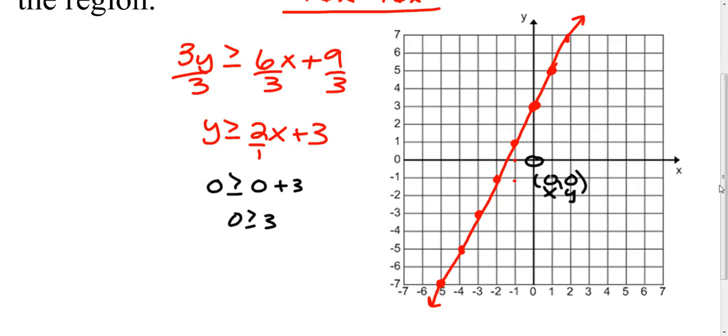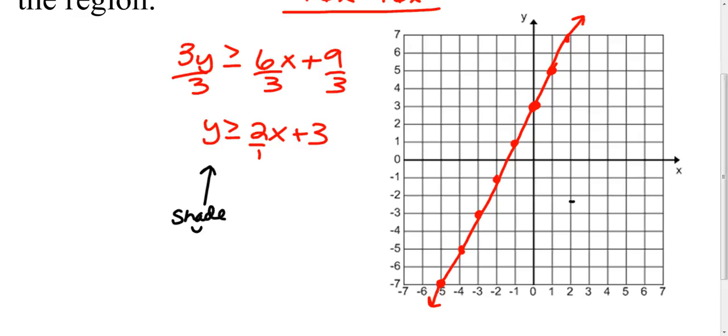I will shade on the other side of the line. Easier than that, you can kind of use logic. This is asking me to shade. This is basically how I read this: shade all y values